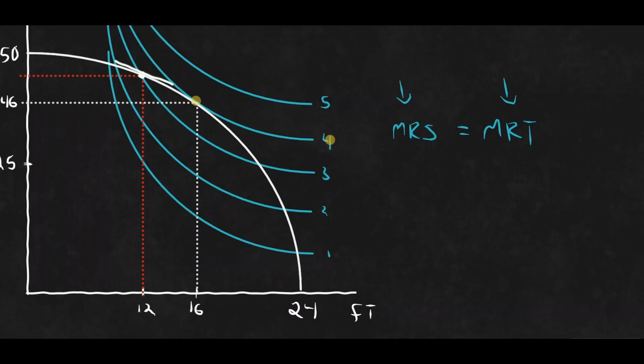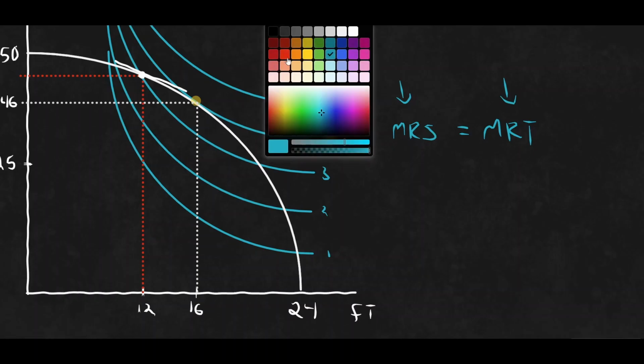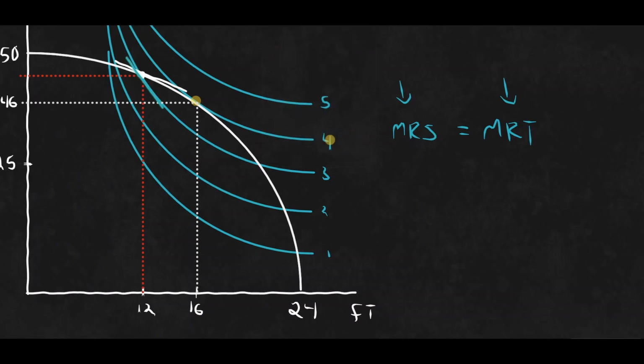Let's see if I can do that a bit better. There we go. That's the slope of her marginal rate of transformation, the slope of her feasibility set. Meanwhile, let's switch that to blue for her indifference curve. She has a marginal rate of substitution that is like that. That is, her marginal rate of substitution is much steeper. So altogether, she has a marginal rate of substitution that is bigger, steeper than her marginal rate of transformation.